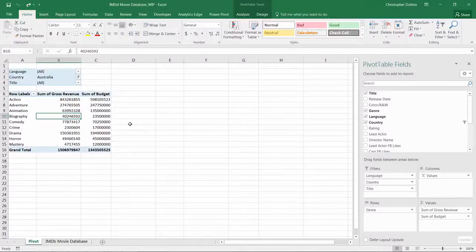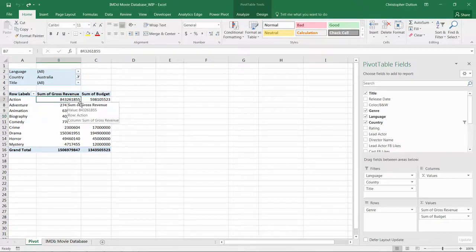Now that you have a pretty good sense of how to insert and manipulate pivot tables and how to deal with the source data that feeds into them, it's time to start thinking about formatting. And by formatting, I mean customizing the look and feel and style and design of the pivot table itself. So you may have noticed up to this point that the numbers have been pretty tough to read, and that's